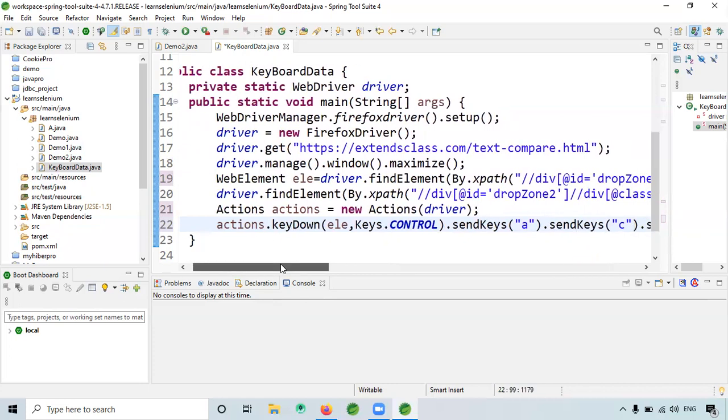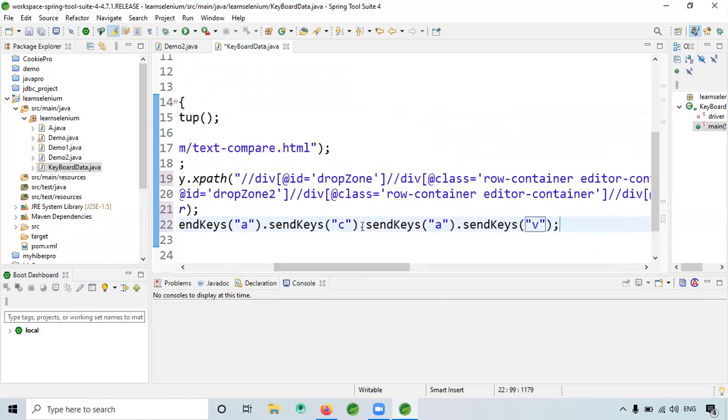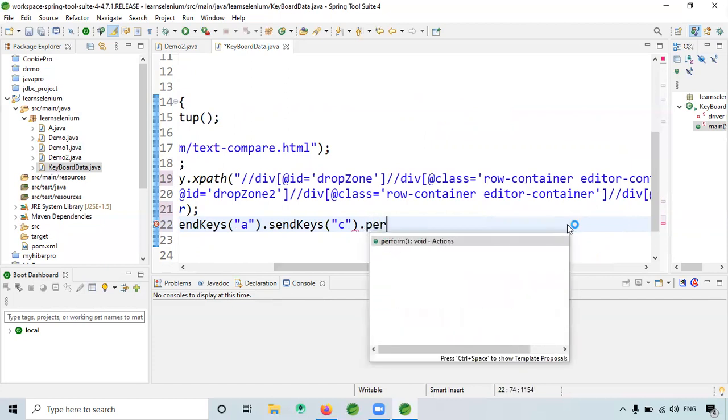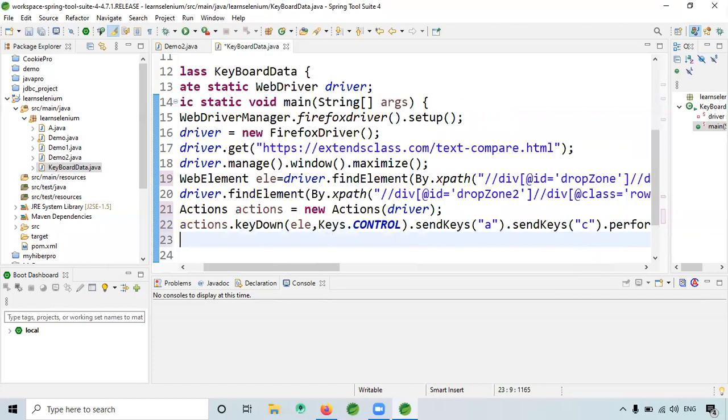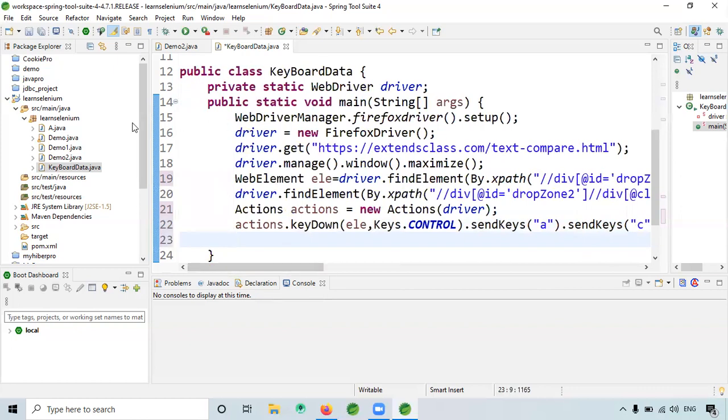After Control C, we selected and copied. Oh, actually, okay. So here we dot perform, sorry. Perform. Let's see whether it's selecting and copying or not. So this is right. Let's check.